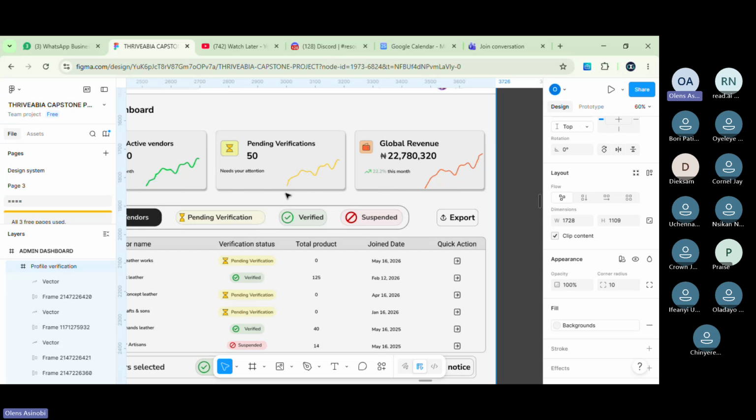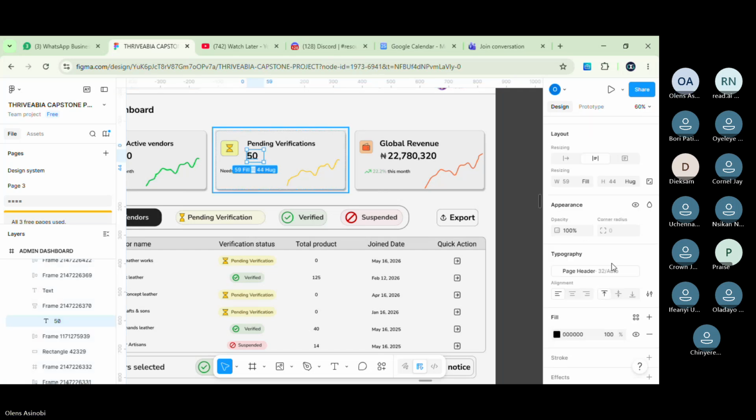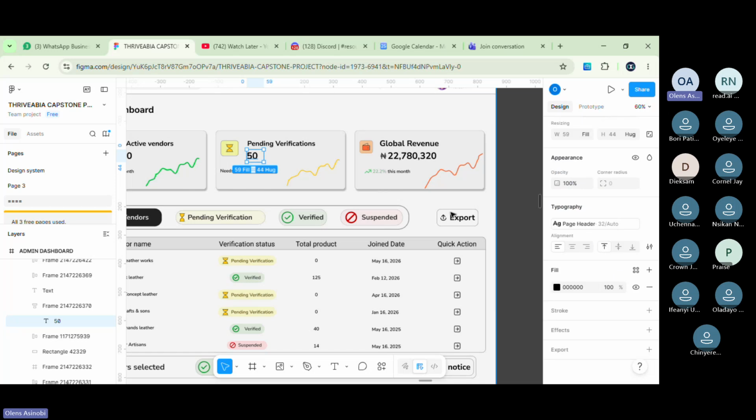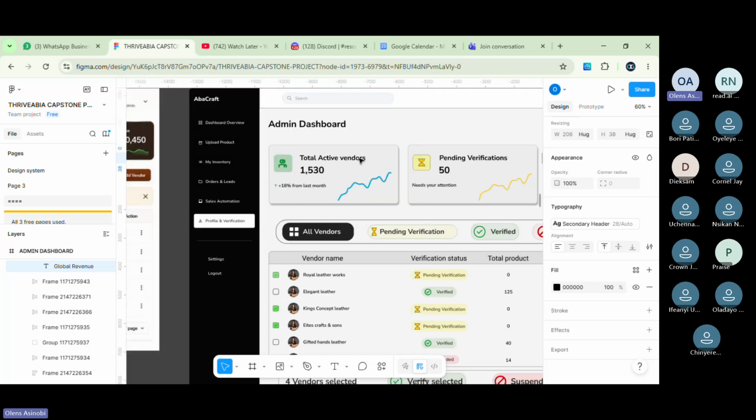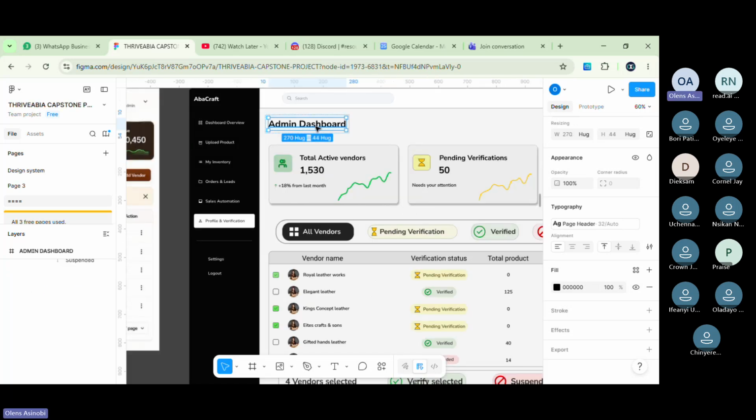But with this one, let me see which one he used here. You used page header for this one. If you use page header for this, then what are you going to use here? Page header too. So this and this will be the same size. That's hierarchy, bros. You see that you disobeyed the law of hierarchy technically.